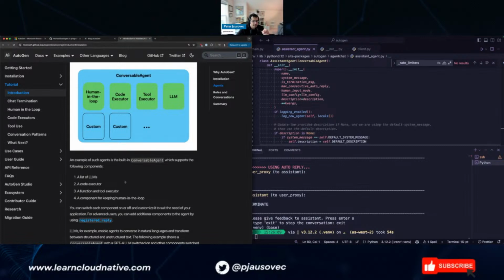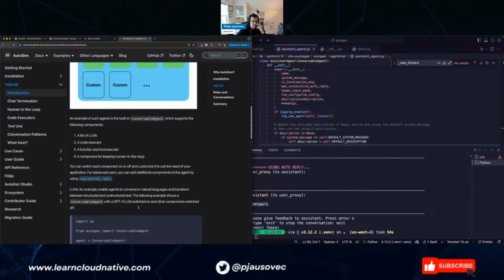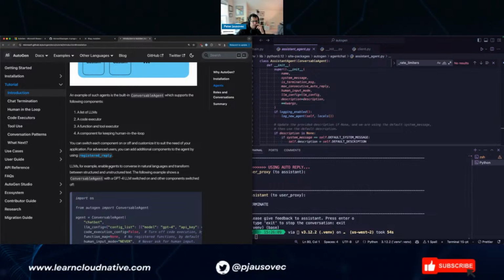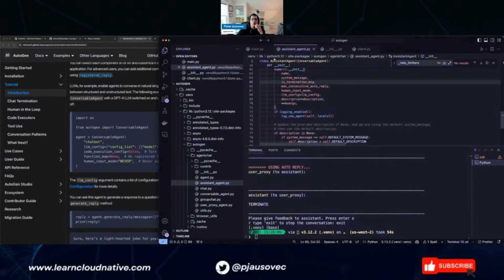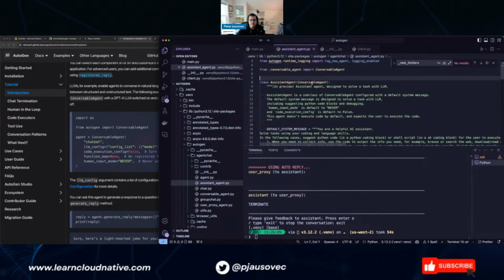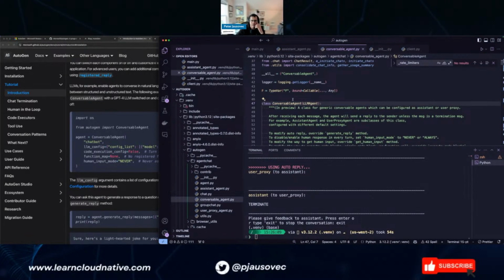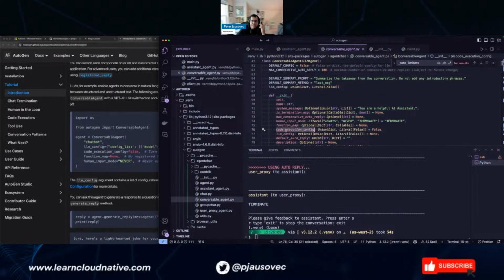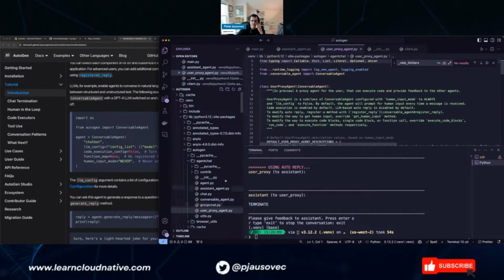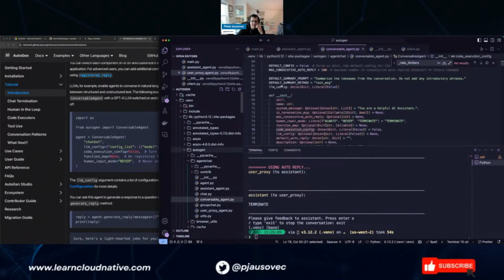So conversable agent supports a list of LLMs, code executor, function and tool, a component for keeping. Okay. You can switch each component on or off and customize it to suit your needs. LLMs. Okay. So assistant agent was just one, and conversable agent is the one that I could go and create, and this one has the code execution. Okay, makes sense.